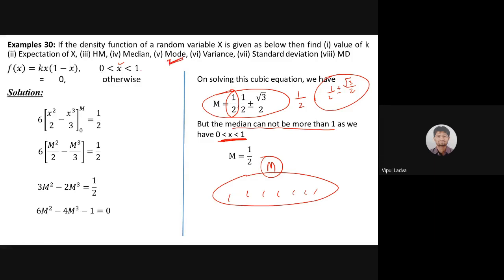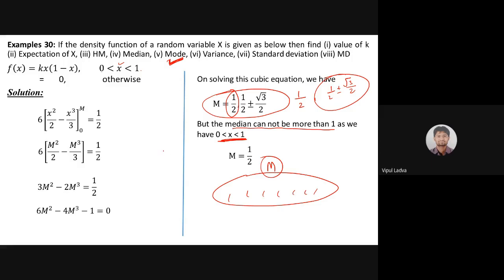What is understanding for the mode? Mode is a value of random variable for which probability is highest, is it? Now, as we are dealing with a continuous random variable, we cannot use the discrete cumulative probability distribution. We don't have that particular table where we can look up which probability is highest and say that is the mode. We cannot do that because we are dealing with the continuous case.